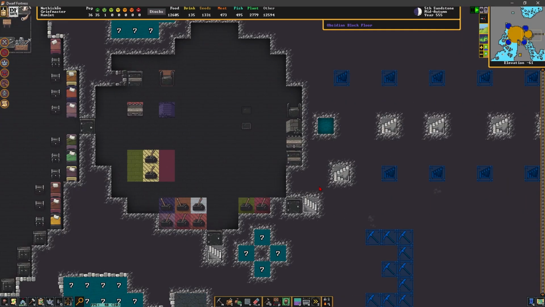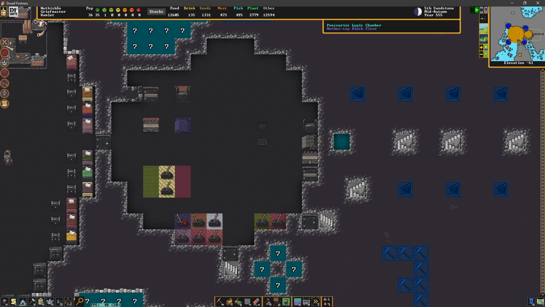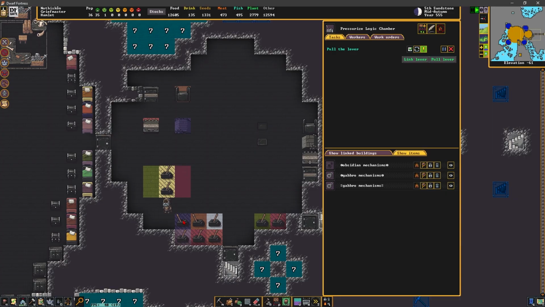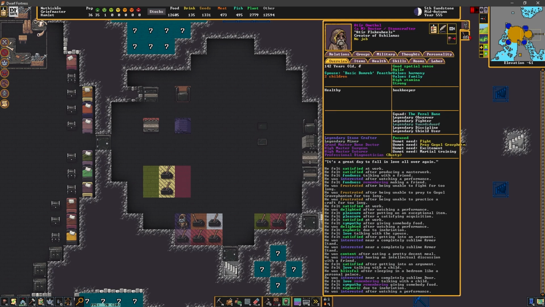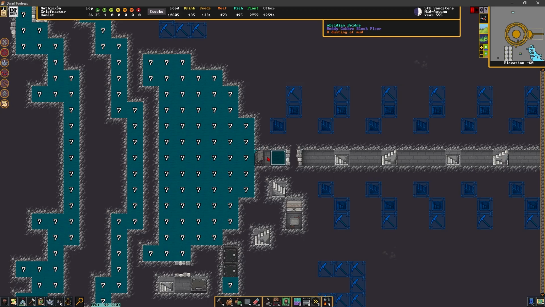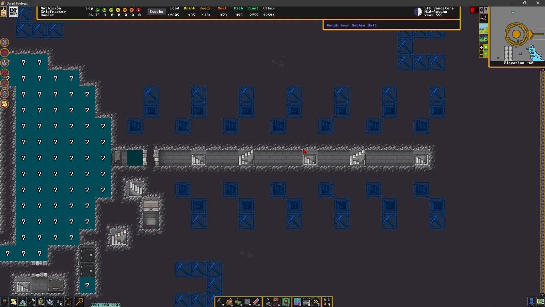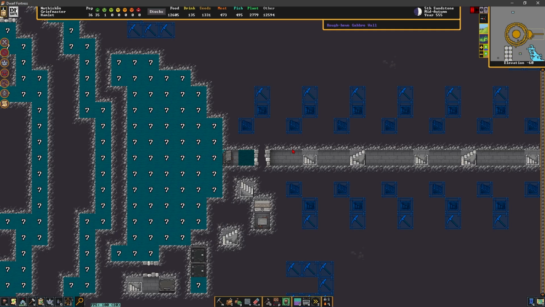So you can see this lever here. It is in the on state. It's pointing left. We've got someone coming to pull it here, and they've pulled it. All right, so they've sent an off signal. It's to the right now. So we've sent an off signal to our bridge and our floodgate here. So we're just going to watch